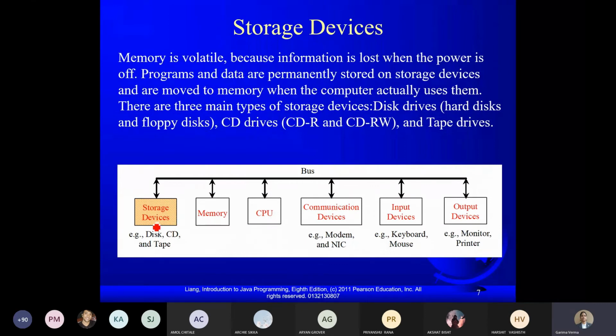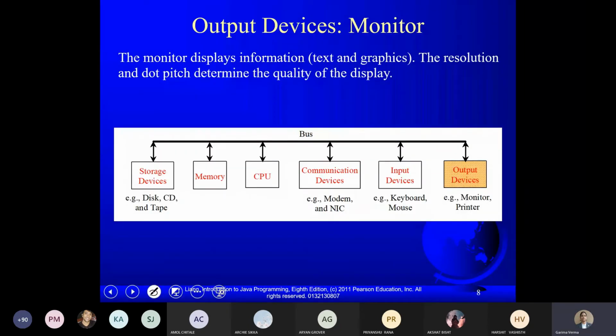So these are the storage devices referred to as secondary memory, where you can store your data permanently, and obviously it is a read and write device, which means you can read as well as write into the memory. Okay. Now the next is output devices, and monitor and printer come under the category of output devices, which are